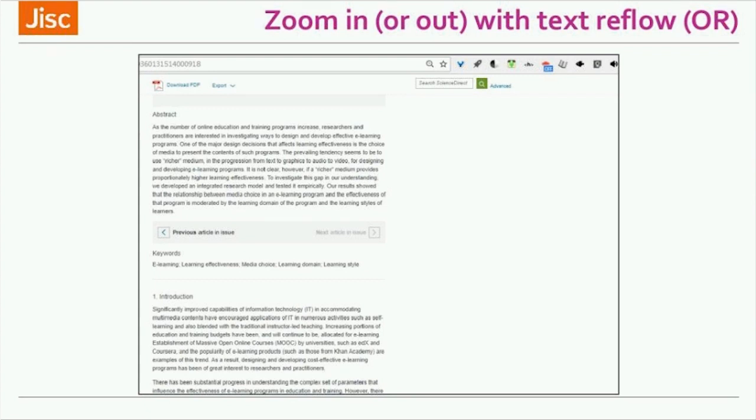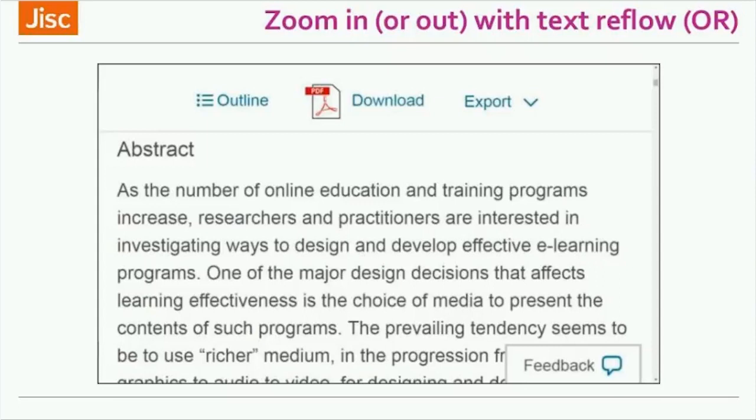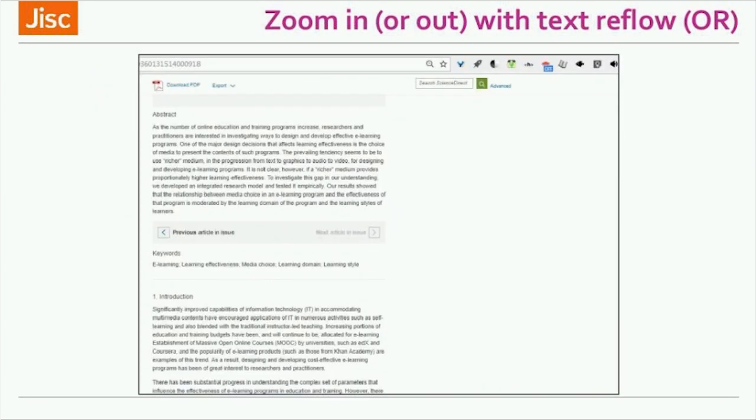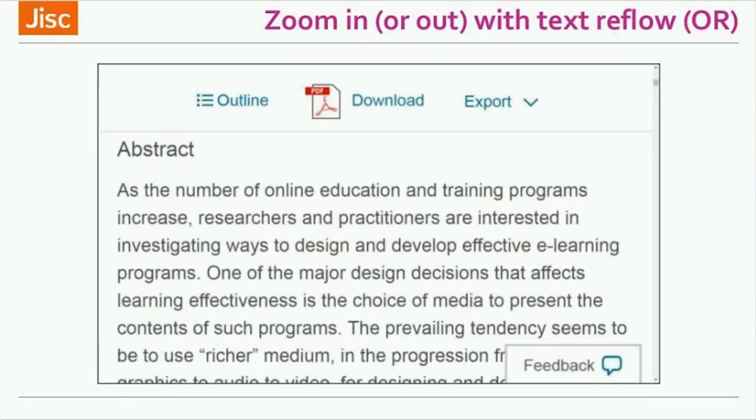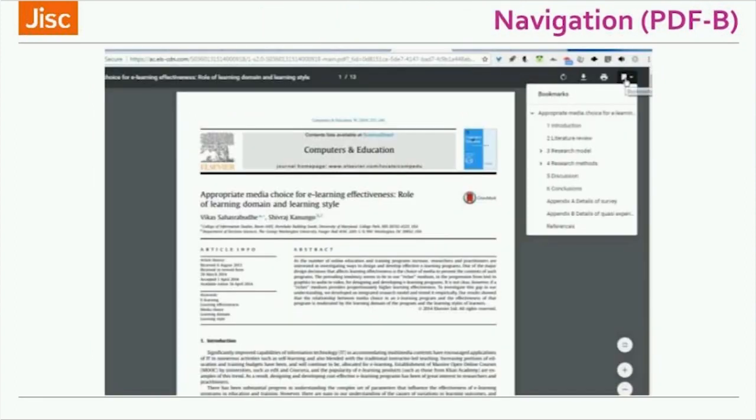So there are people for whom they're looking at the page through a tiny field of vision, like looking at it through a kind of toilet roll holder or something. Consequently, they want to get as much text as possible in that, so they may want to shrink it down. Equally, as we see on the next page, they may want to enlarge it because maybe clarity and acuity are important to them. What matters is that whether they shrink it down or enlarge it, they don't have to scroll left and right. And this, as you can see, is the same document as it was before, and it is perfectly legible and readable without left-right scrolling in either case.